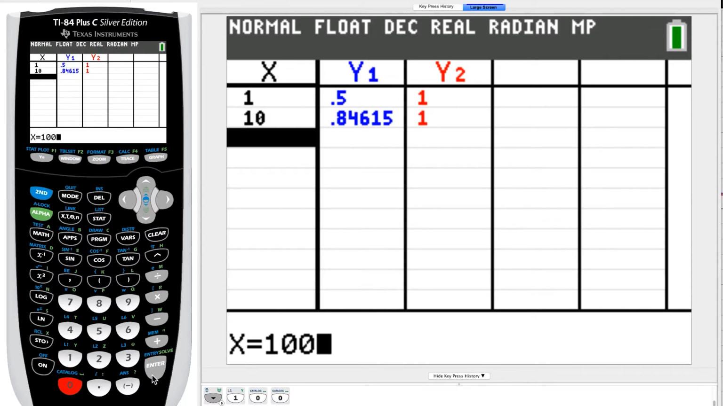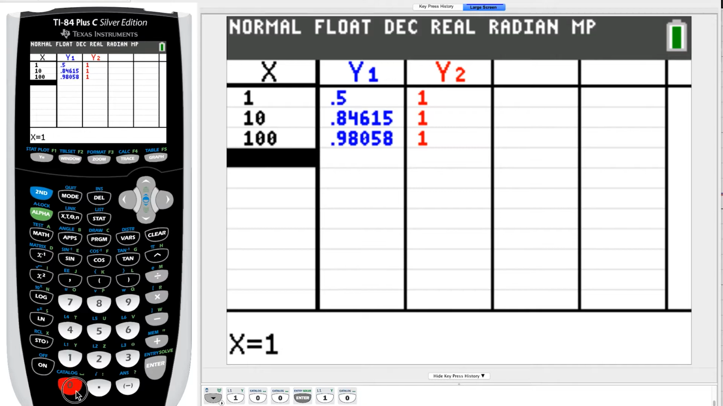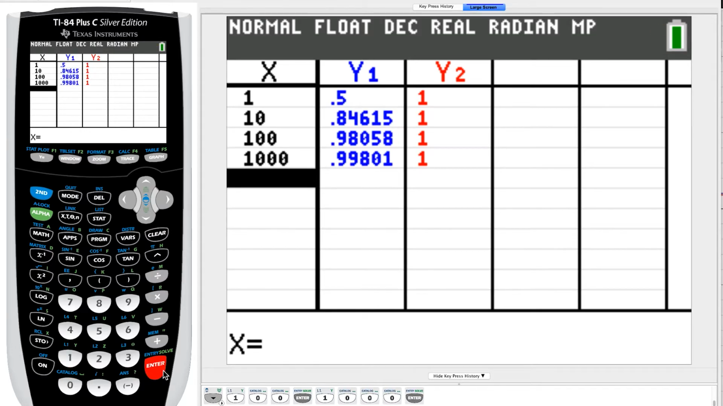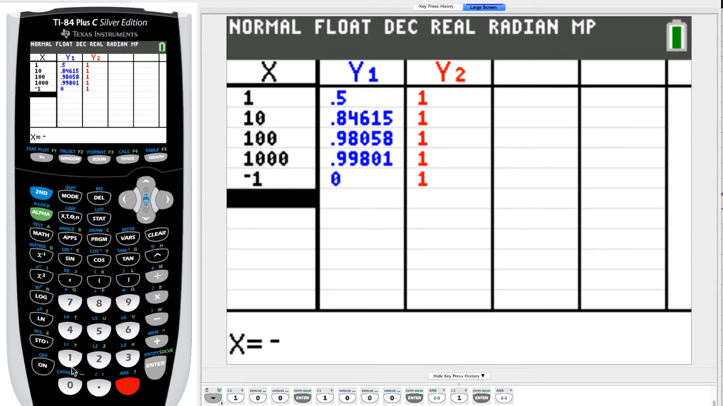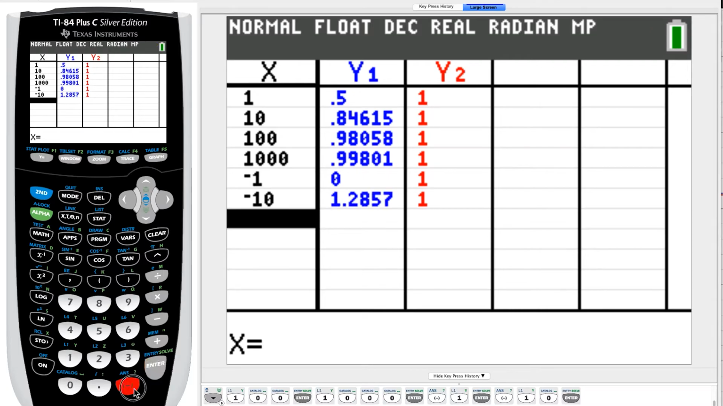So we're going to go to 100. Okay, we're going to go to 1,000 here. If you notice, it's approaching 1. Okay, now let's go to the other side. So -1, -10, -100,